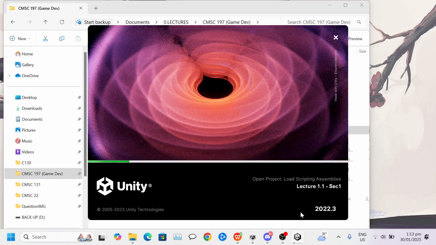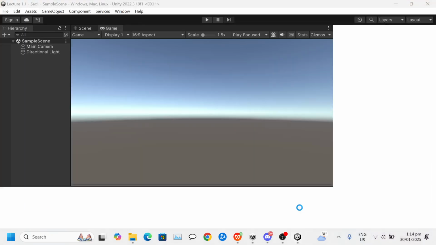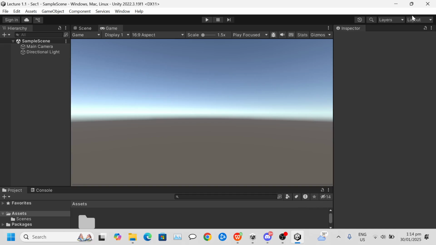So if you haven't downloaded the Unity assets yet from lecture 1.1 or lesson 1.1, please download, and please match the version. There's a version on the right side of the screen that should match with your editor version, because by default that is Unity 6, but the one I've downloaded here is 2022.3. In the labs it's also 2022.3. I think most of the computers in the labs already have those assets on the desktop. But anyway,